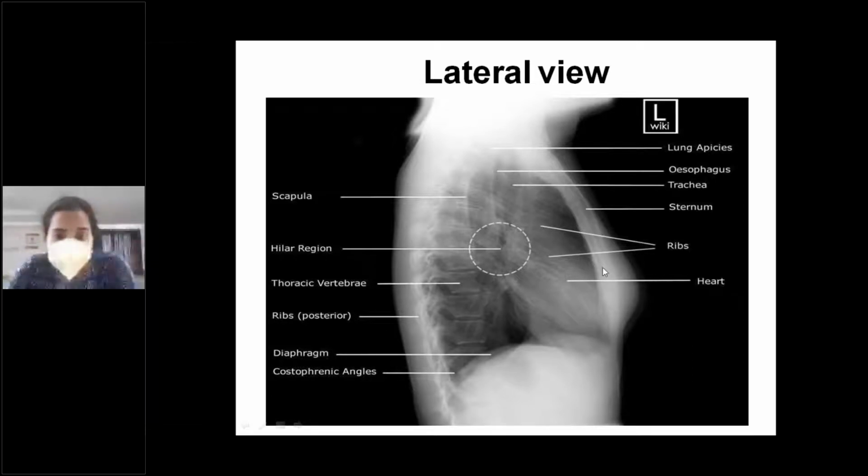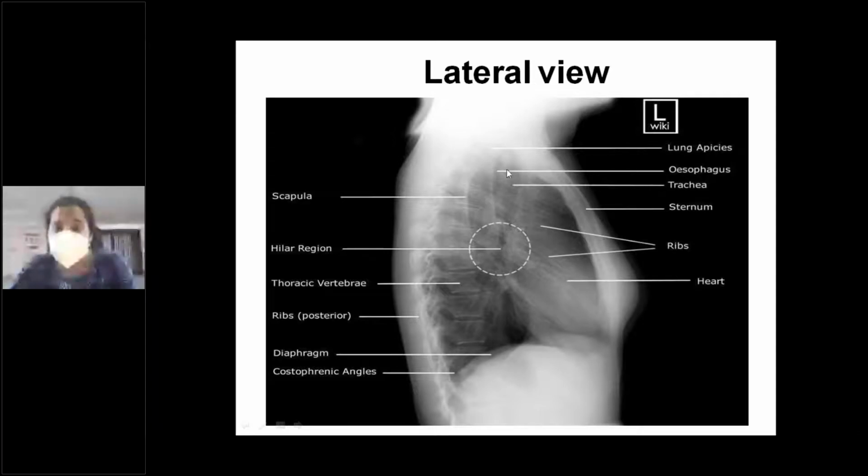You have to look for the cardiac opacity. This is a cardiac shadow. This will be the left ventricular shadow. And then you have the trachea, the lucent thing here is the trachea, just behind it will be the esophagus, and these are the thoracic vertebrae. One thing you have to know is that the thoracic vertebrae tend to have increased lucency as you go down.